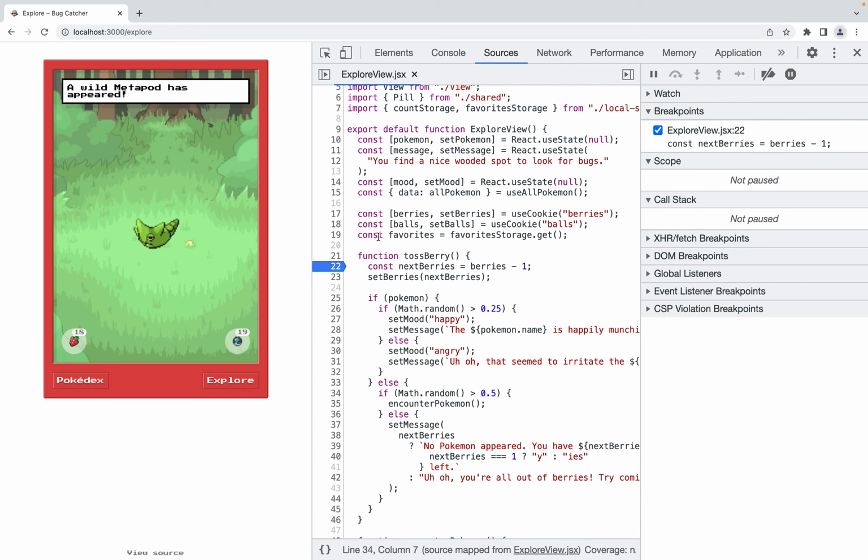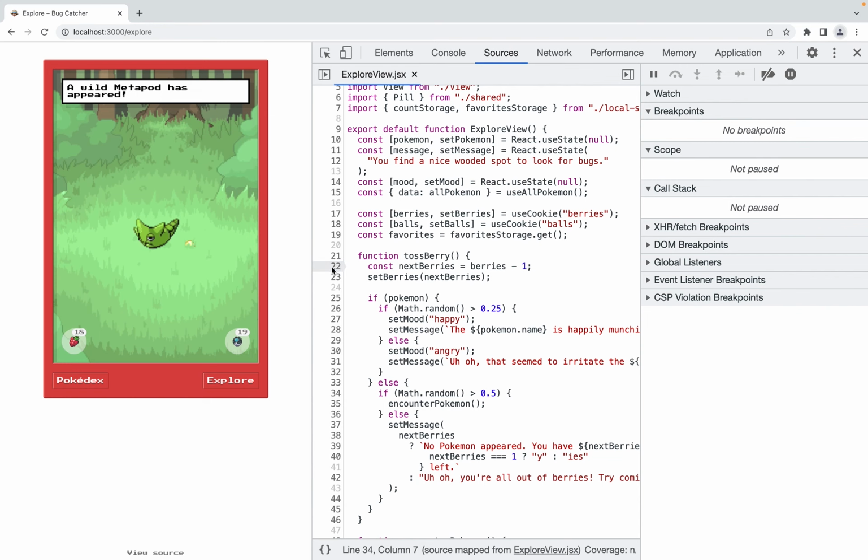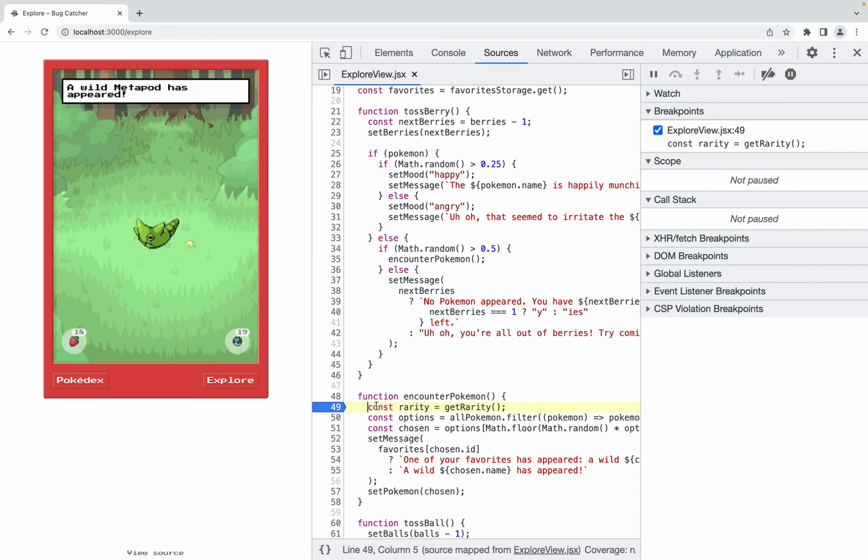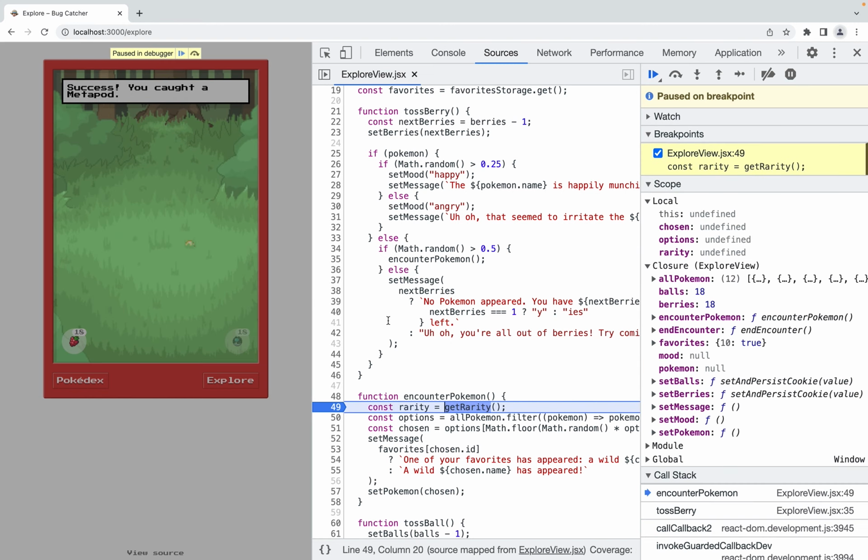So let's add a new breakpoint to our application under encounter Pokemon. So scroll down a little bit further. We'll do it right here. First, I'm going to catch this Metapod. Nice. Okay, now let's toss a few berries until we encounter one. Oh, nice. Right away. So we can see the same variables here in closure, but we also have this other